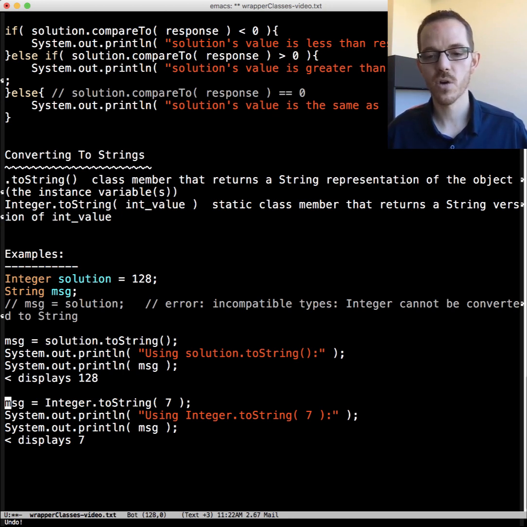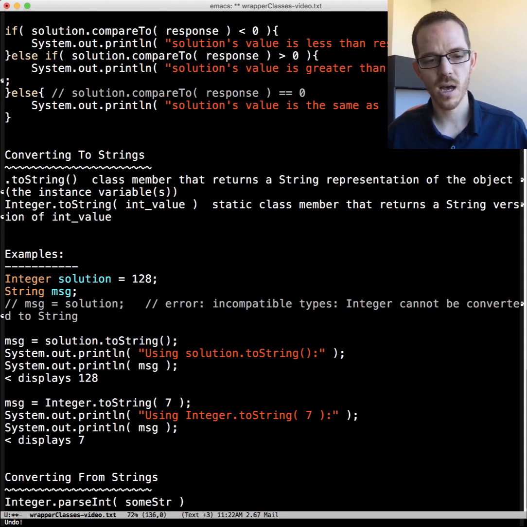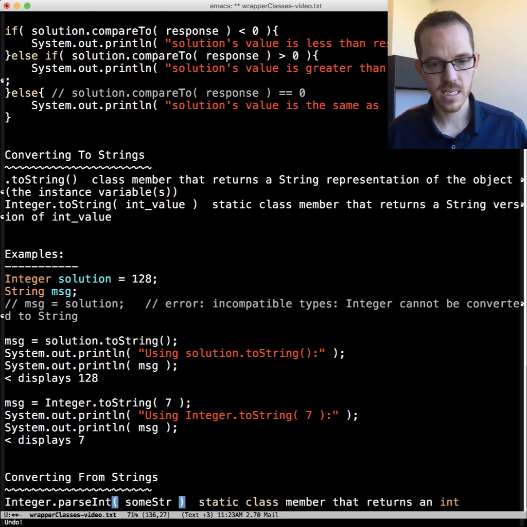Now let's talk about converting from strings, which to me is a little bit more complex. We again have two options, but they're kind of different. We have Integer.parseInt, so it's a static method, and we provide it some string. It's a static class member, and it's going to return an int.